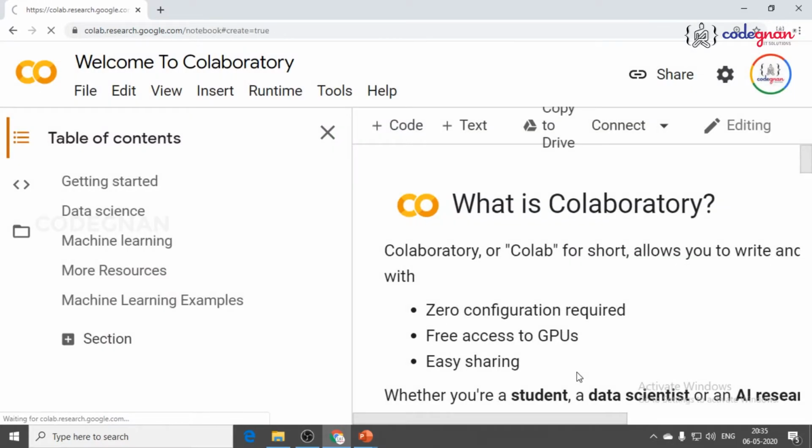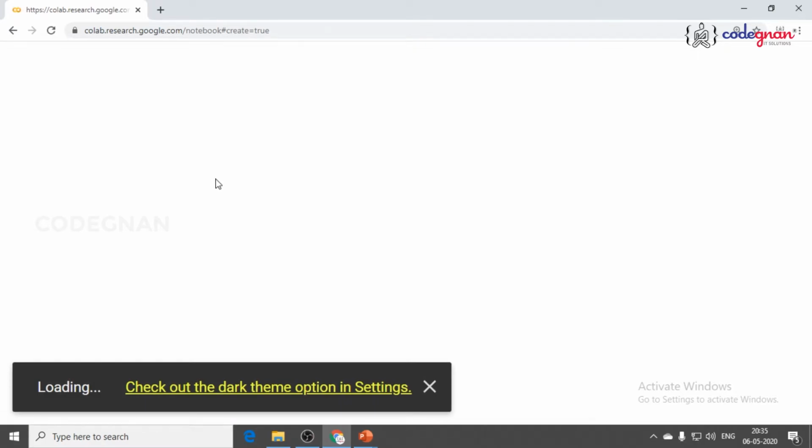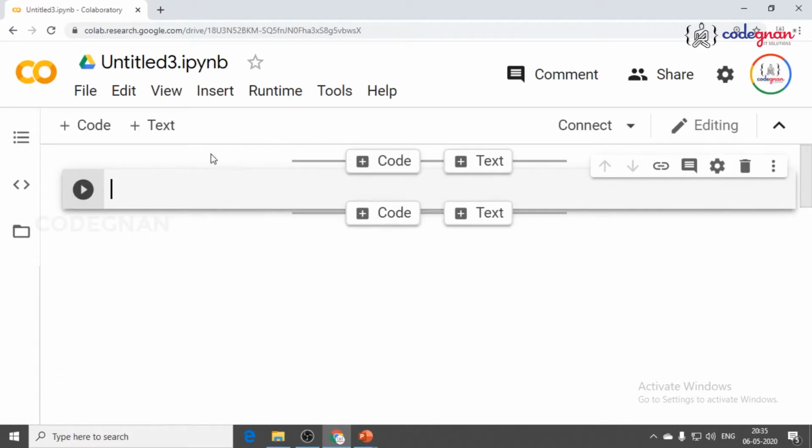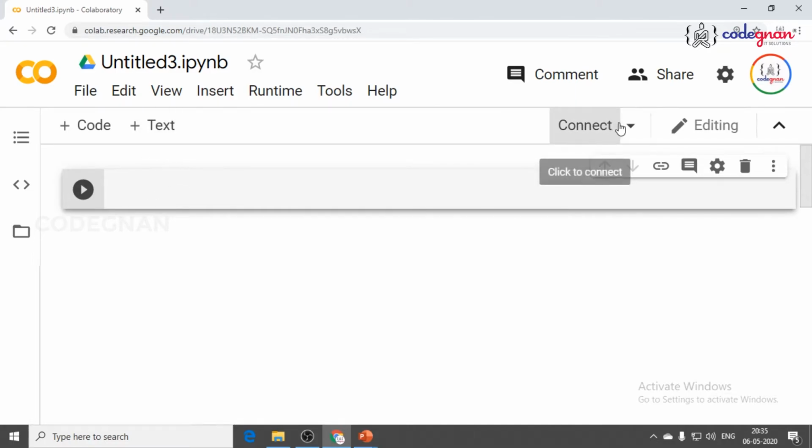So I click on new notebook. You can see a new IPYNB file is loaded now, because our concept itself is converting my .ipynb file to .apk, which is a mobile application, where I'll be using .aia, which is the App Inventor file. So this will be your screen once you have opened your Google Collaboratory. You can see here Connect, where Google will allocate you some RAM size and disk space.